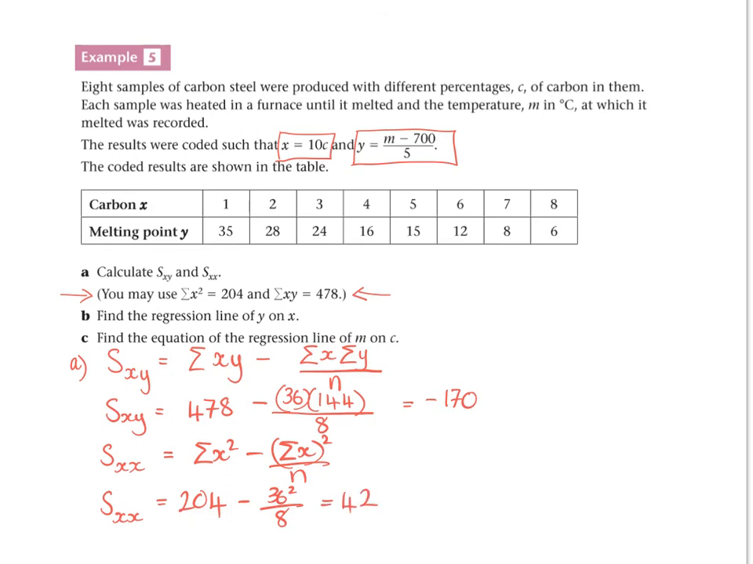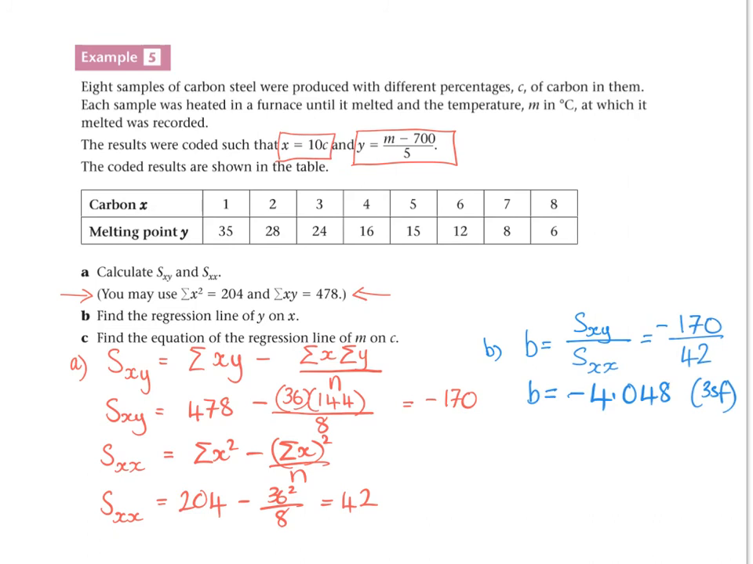Right, part B, we're asked to find what the regression line is. So if we work out what b is, it's Sxy divided by Sxx. So we pop our numbers in, and we get minus 170 divided by 42. So b is equal to minus 4.048. I've taken that to 3 significant figures again. We know what b is,